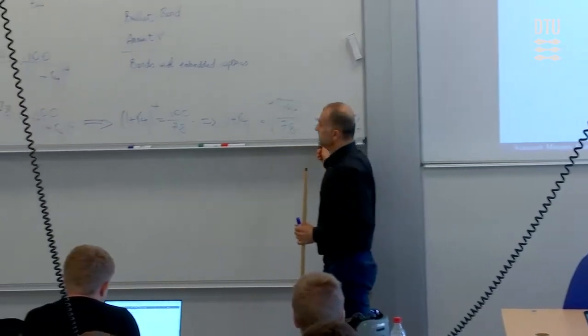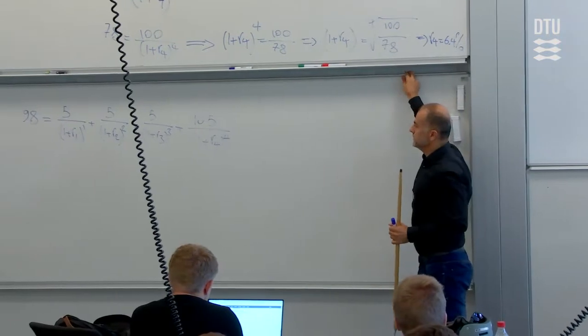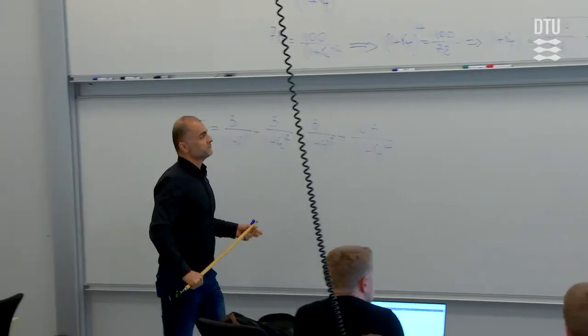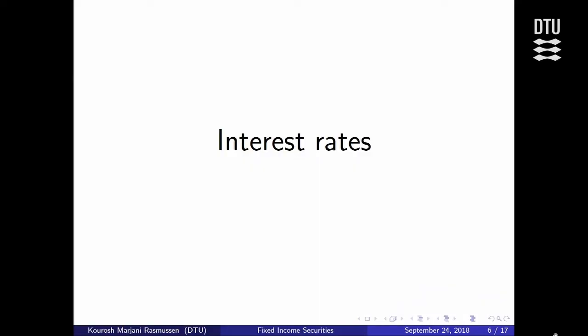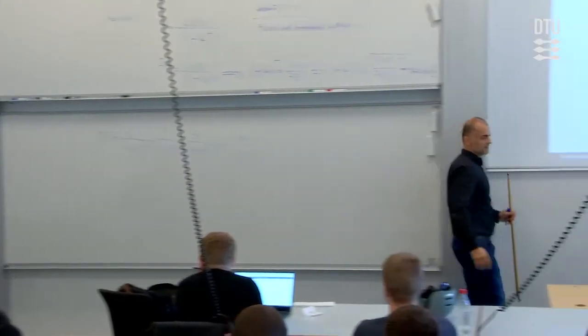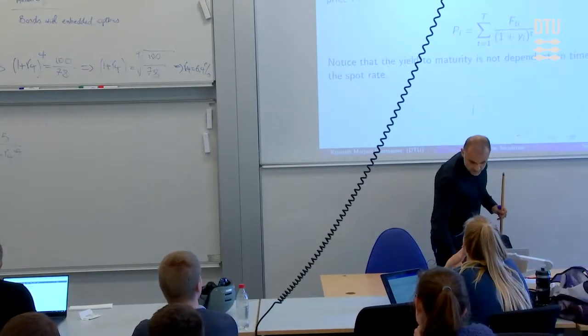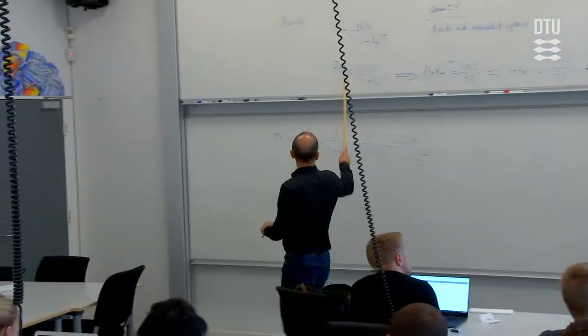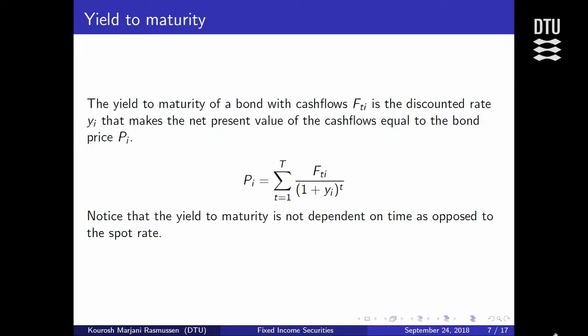Now let's take a more formalistic way of introducing interest rates. We saw already in the pricing formula that we are using interest rates. In this case, for the 4-year bond, we were looking at the 4th-year spot rate. But let's introduce a different term, also looking in the same formula, for the zero coupon